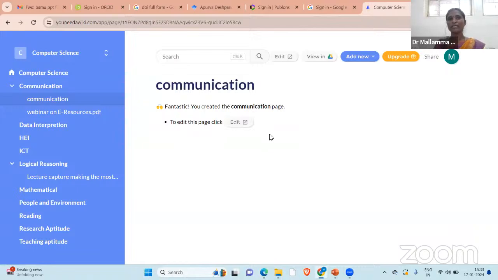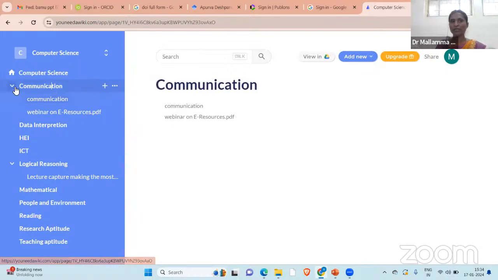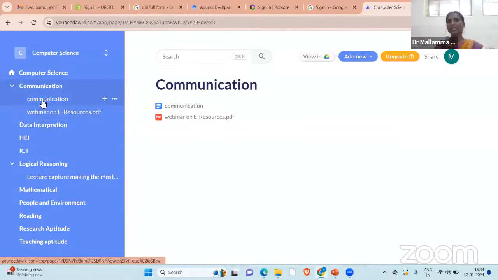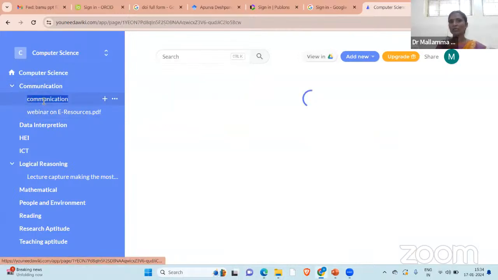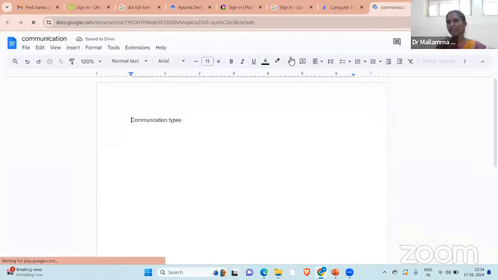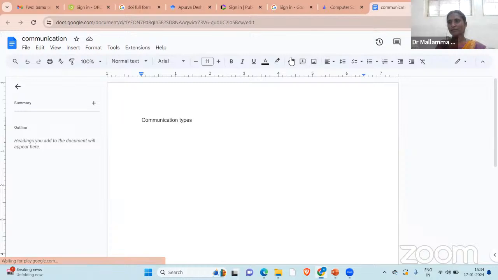ऑटो सेव है, ऑटो सेव है, टेंशन लेने की जरूरत नहीं है। जो भी आप टाइप करेंगे, जो भी आप अपलोड करेंगे, वो ऑटोमेटिकली सेव भी हो जाएगा, तो टेंशन नहीं लेना है। सो ऑटो सेव्ड है। अब देखो यहाँ पे कम्युनिकेशन पे चले जाइए। पहले तो गए यहाँ पे, ये कम्युनिकेशन के अंदर है। तो यहाँ पे प्लस पे आप जैसे ही करेंगे, यहाँ पे क्लिक करेंगे, तो ये इसके अंदर क्या क्या है दिखाएगा। एक तो है कम्युनिकेशन, सो जस्ट क्लिक ऑन द कम्युनिकेशन। क्लिक किया तो ये इसका बारे में ये सब कुछ आ गया। अगर इसको आप एडिट करना चाहते हो तो यहाँ पे करो एडिट। 2 जगह 3 जगह बहुत से 3 ऑप्शन है आपको एडिट करने के लिए। आ गया सर?